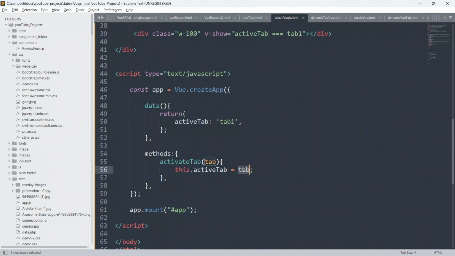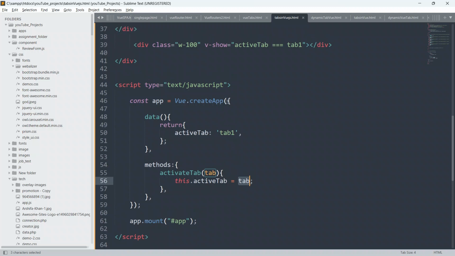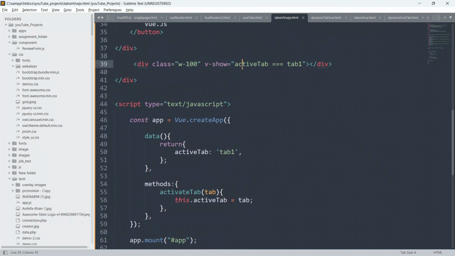Okay, and dynamically guys, we are also changing here the value of this active tab. So tab 1, tab 2, tab 3, tab 4, and so on and so forth. As of now we have only 4 tabs. You are free to customize according to your need, according to your application requirements. Okay, so guys, now we are also checking vShow. We will say if active tab equal to tab 1, because we are dynamically changing the active tab value, and here we are checking if right now active tab is tab 1. If it is so, then we will show the tab 1 content. If it is false, then we will show the different tab.